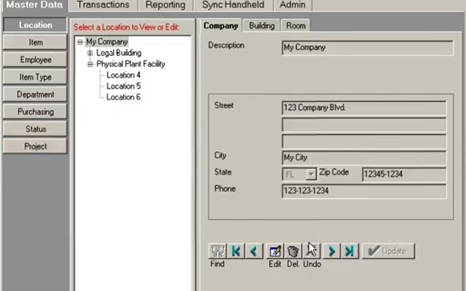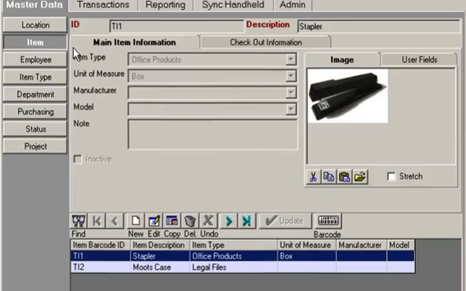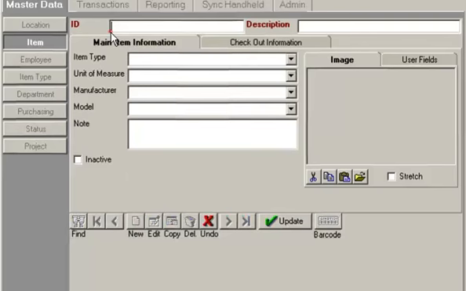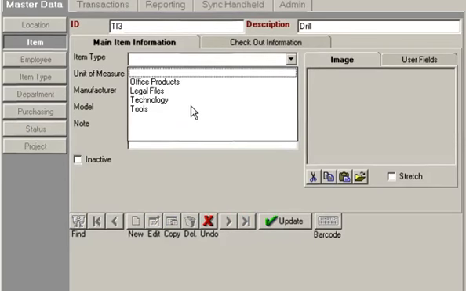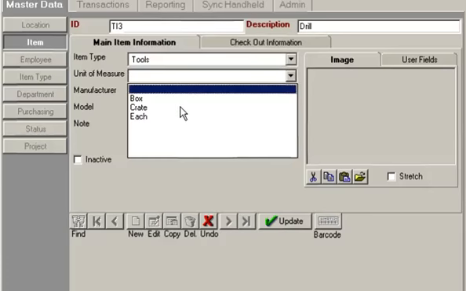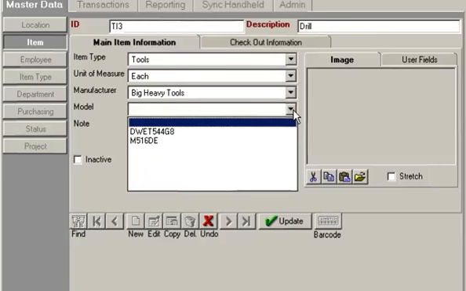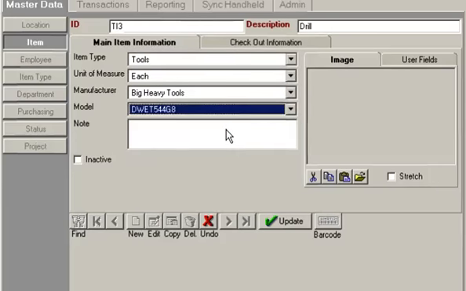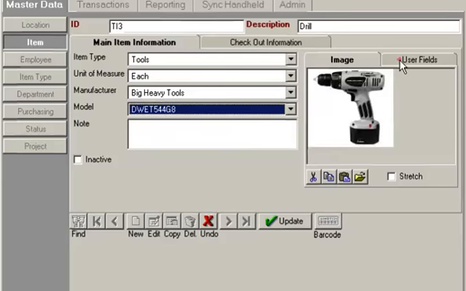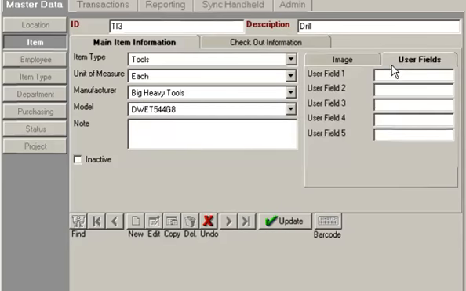To set up your items, go to the Item screen and click New. Enter your item ID, description, item type, unit of measure, manufacturer, and model. You can also add an image of the item and up to 5 user-defined fields. Before saving your record,